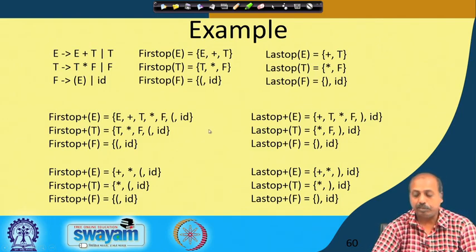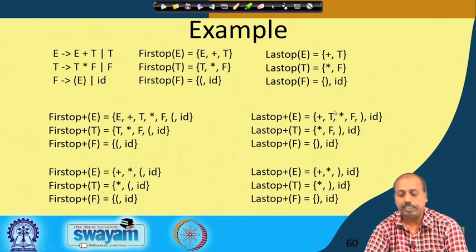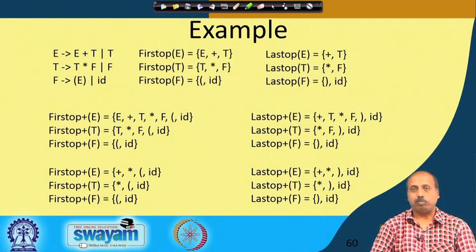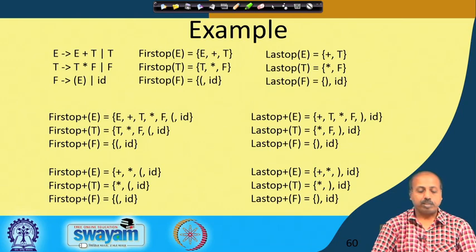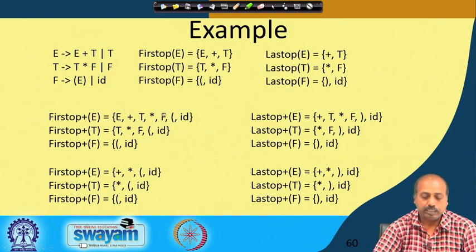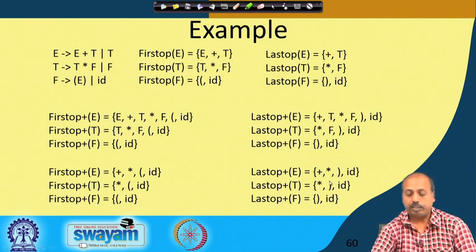Then similarly, we can construct the last plus list. So, last plus of E will be whatever is there, plus and T, then whatever is there in the last of T. So, they will appear like star F, and from the F I will get this close parenthesis and ID. So, all of them will come. This way we can go on constructing the first plus and last plus for individual non terminals, and then from this list you have to drop the non terminal symbols. So, these E, T, F are dropped, and you get it like this. Similarly, from this you get star, open parenthesis and ID, here you get open parenthesis and ID. So, here also you get the corresponding last plus.